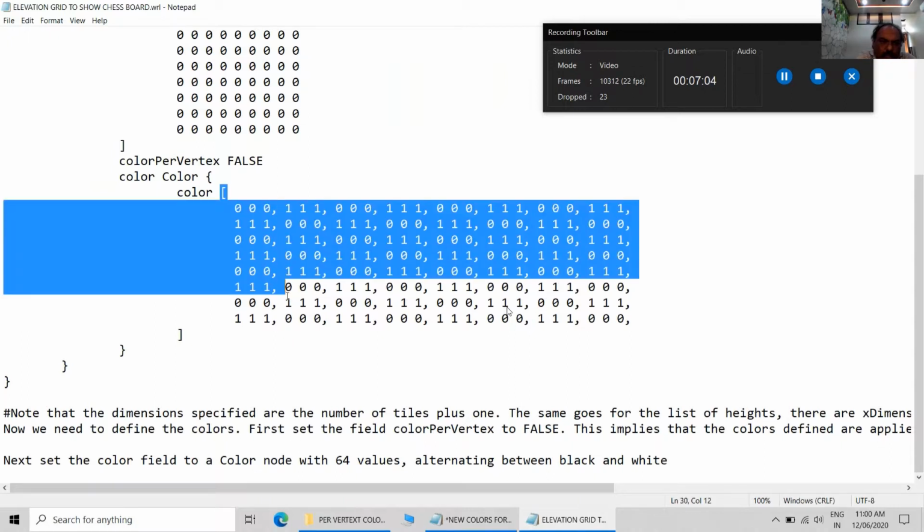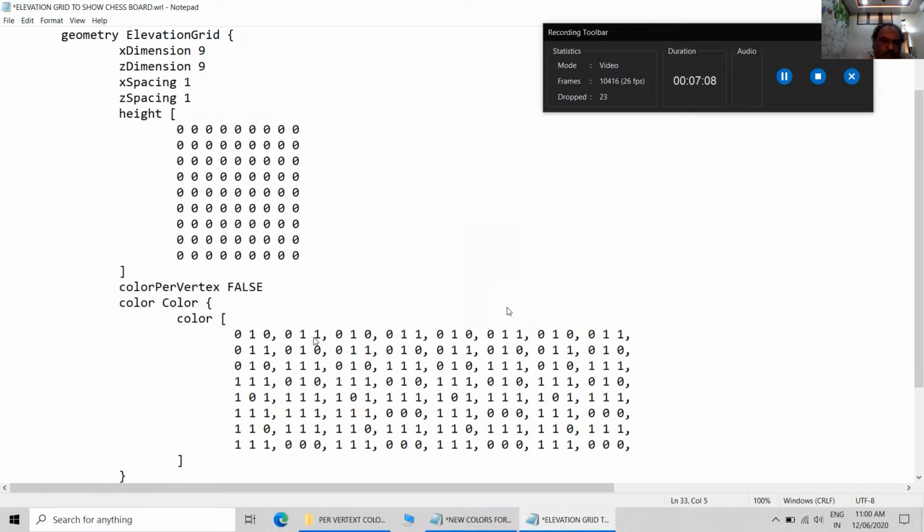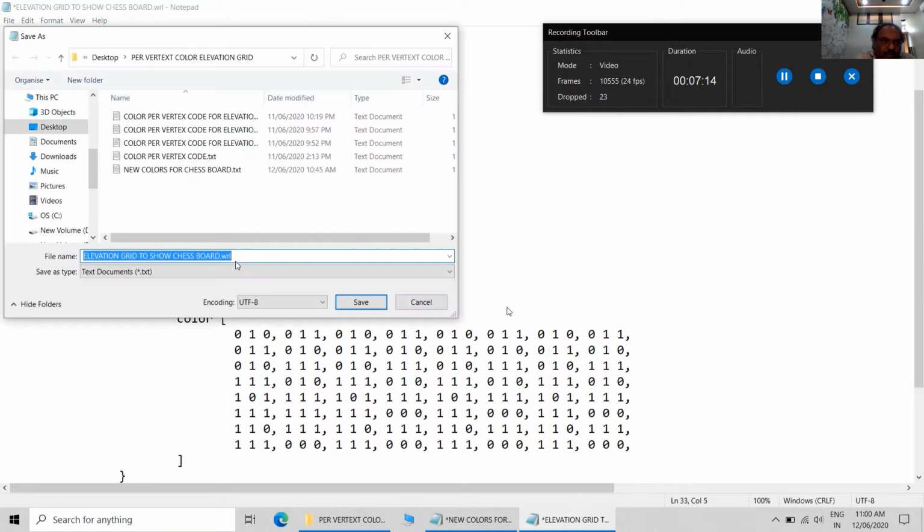Now this thing I will replace with the new sets of values I have just created, and now it's time to save the file.